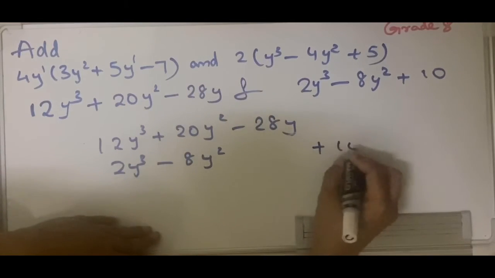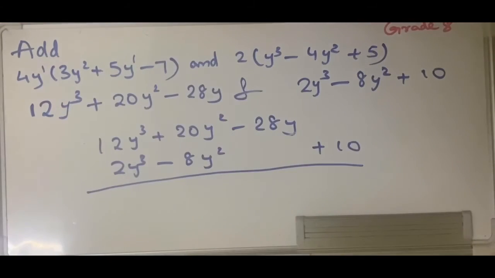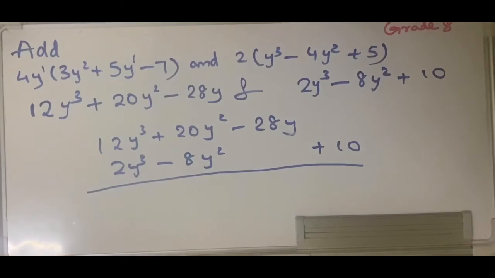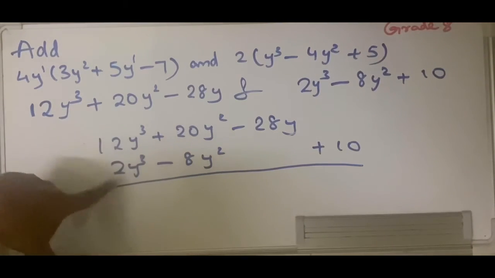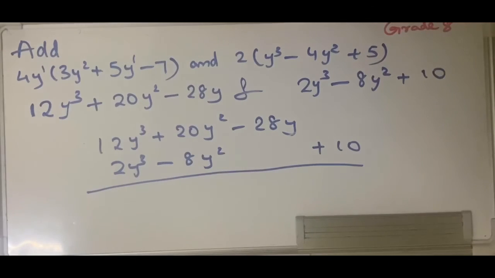Which doesn't come under anything because it's a constant. And a plus 10. So we have to simply add them up, right? There is no need to change sign or anything. We have already checked videos on subtraction and addition. So when it comes to addition, there is nothing to do. You just solve them in line. Whereas when it comes to subtraction, we know that for the second expression, we need to change sign of each and every term. Simply making minus into positive and positive into negative, right? Here you simply keep adding.